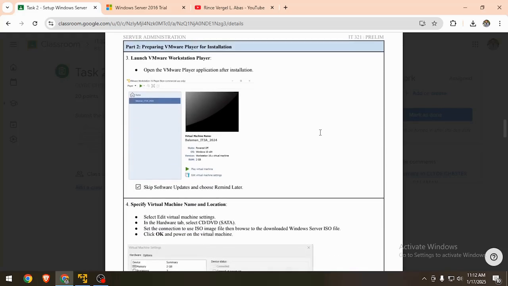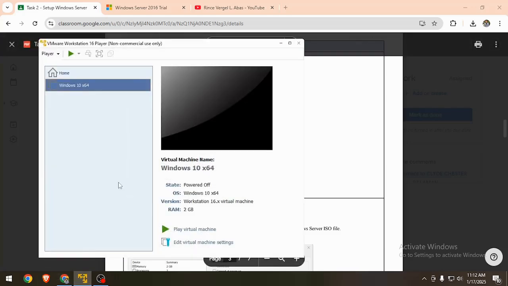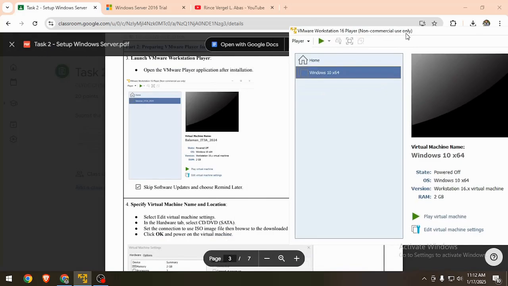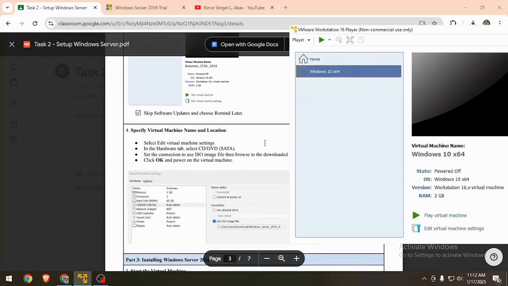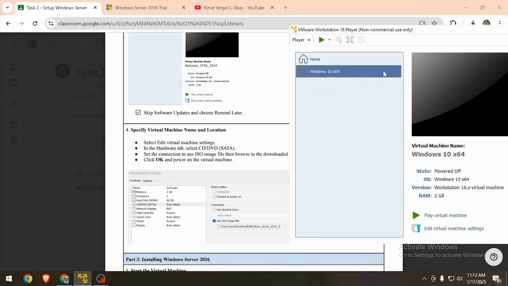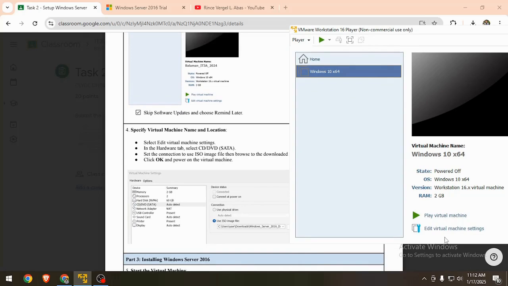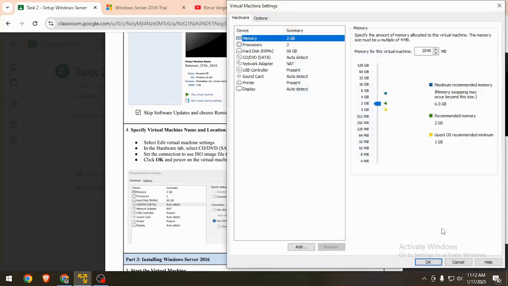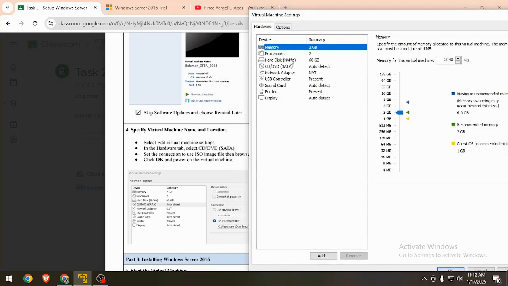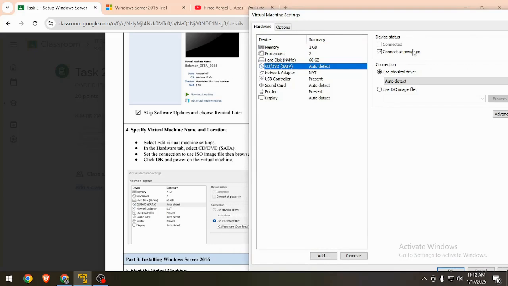Next, I want you to open your VMware Workstation Player. I already opened mine, and then specify the virtual machine's name and location. Click edit, and then in the hardware tab, CD/DVD SATA, and then click the ISO.